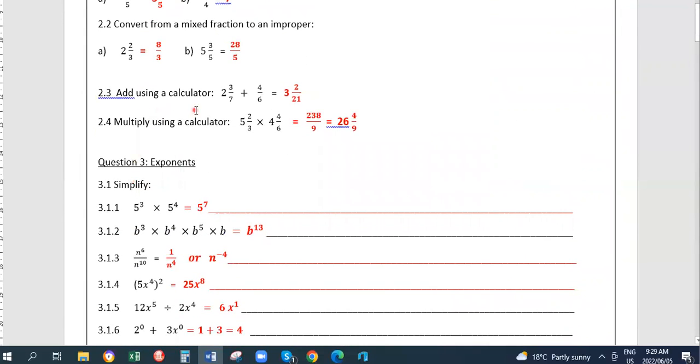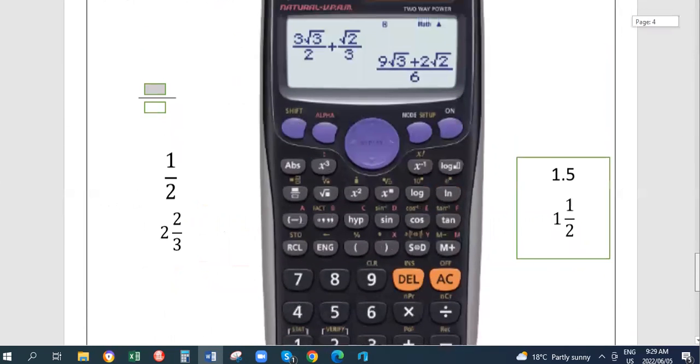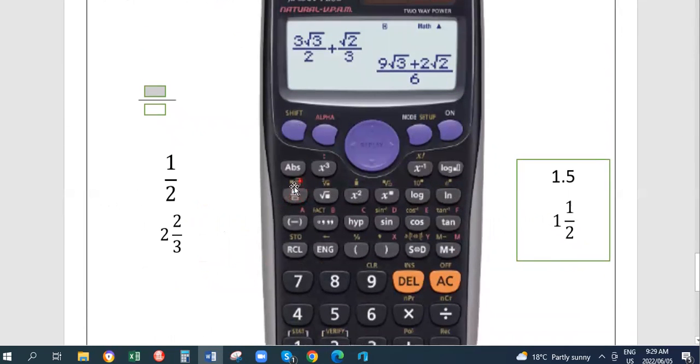Now we need to use your calculator to add. To add this, you use your calculator and you punch in this number here. And you put a plus sign and you punch in. Now to do this addition of fractions, we're going to use again just this one because we're entering the value. So you click on this or shift, and here you'll have your mixed number. You click on it, you enter your fraction, the plus sign, and then you enter your other fraction